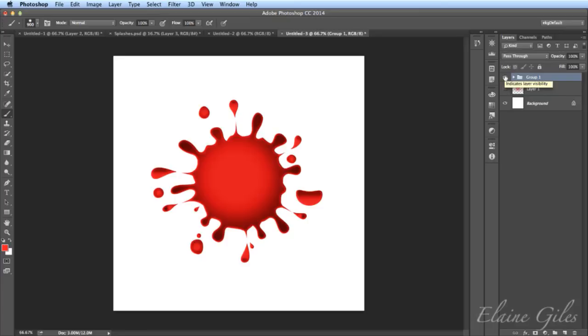If I used a black brush, so the colour that I had active was black, click once, then make a new layer, put the colour on that top layer, and then change its blend mode to colour. That gives me much more depth to it. So that's an important way to work, particularly with stamps. If you want to provide some reality and depth to a stamp, that's a very good way of doing it.